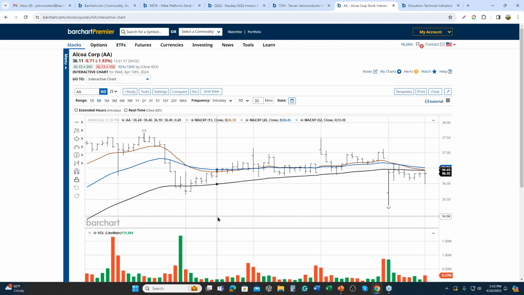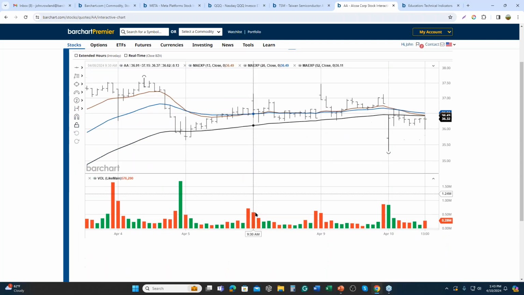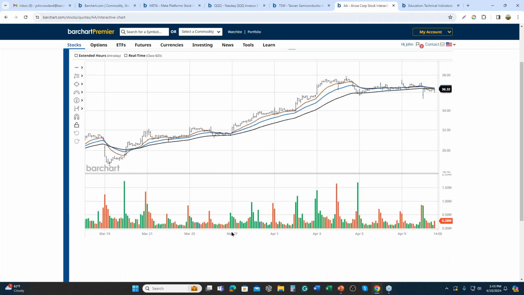So that means that a 13 EMA would give me a 1-day moving average. A 26 EMA would give me a 2-day moving average, and a 52 EMA would give me a 4-day moving average. So what I could do now is I've used the same period, but I've changed the time frame. I just want to make sure that those time frames are applicable to the trading style that I want to